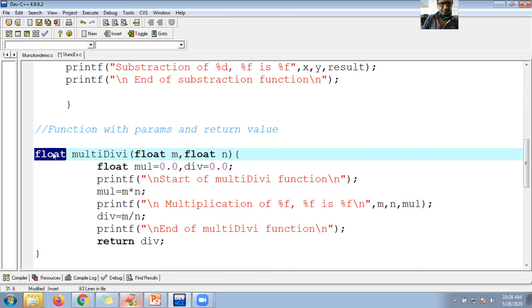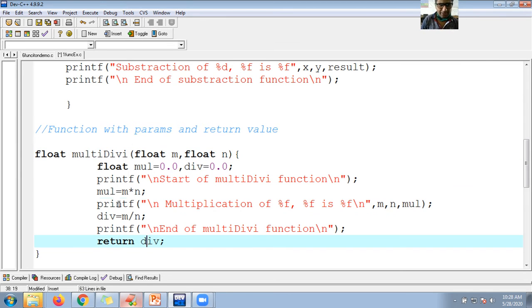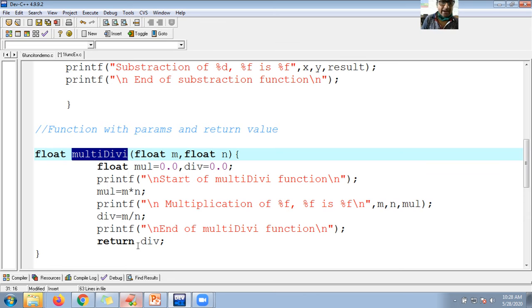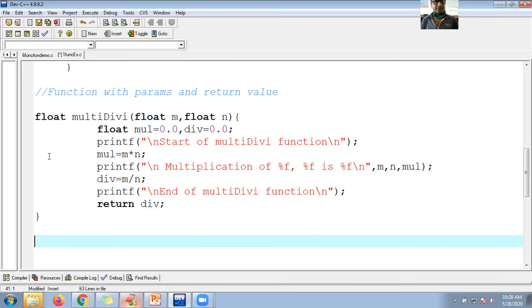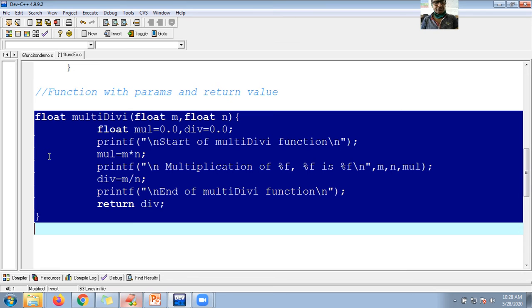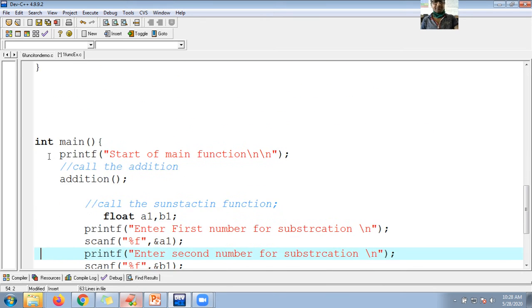Div is float, so multi-div is float. Fine. So multiplication I am showing here itself from the multi-div function, and I am trying to return division while coming out of that function. Now while coming to the main function, after completion of this execution, this brings me the output.